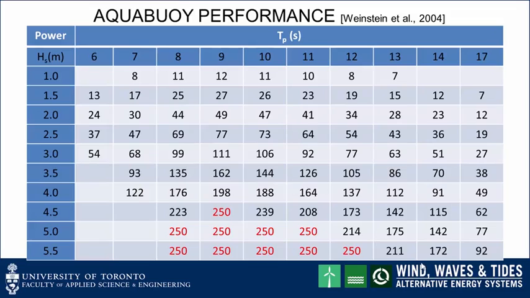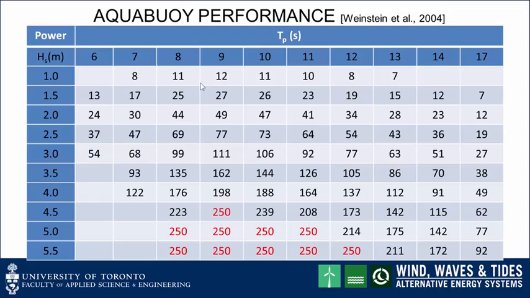Okay, this is the reason I presented information about Aqua buoy. There's actually some published performance data. So this plot shows the power output developed in kilowatts for various bins of significant wave height. The first column is the significant wave height, and this is the peak period. All right, so not the zero crossing period, not the energy period, but the peak period. It's the way the data is presented. So here are the period values. So these numbers here then represent the power outputs in